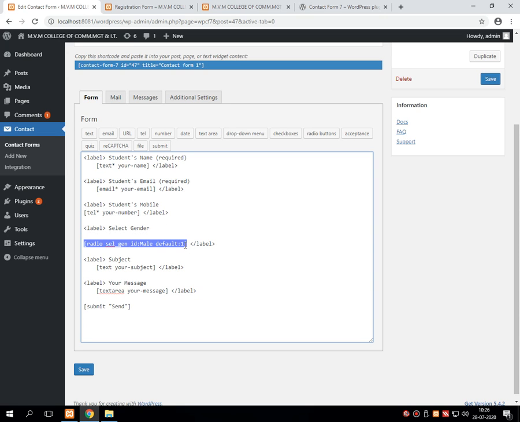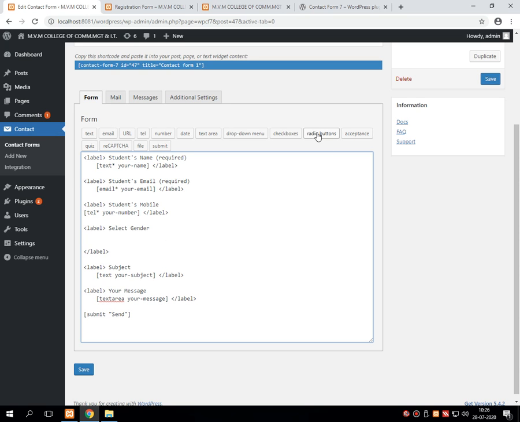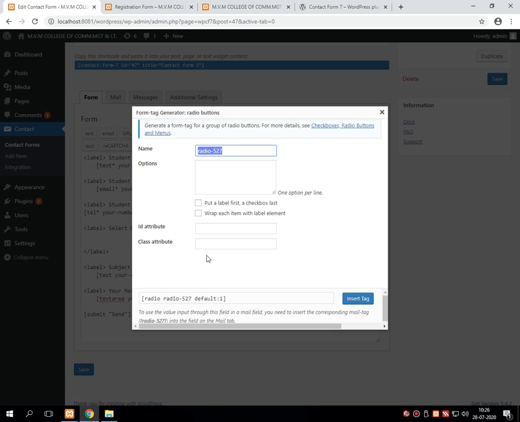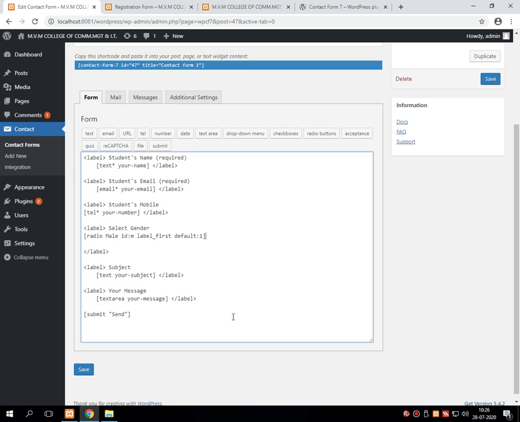Again I am trying to add the same thing, selecting the radio button, giving the name of the radio button, for example gender, and here I am giving male, attribute as M, inserting and saving this tag.